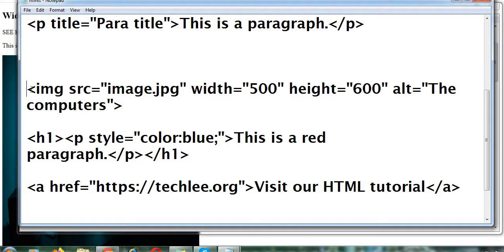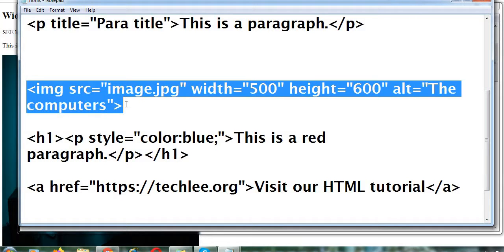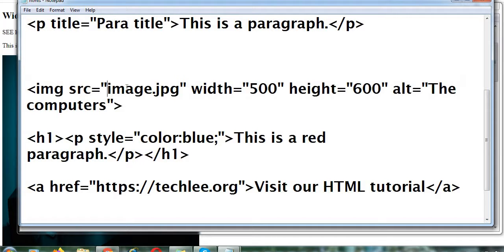Here is the code which I included for the image, that is the img tag. After that here you can see src is equal to image.jpg. Here you need to mention the path of the image, including the name. If it is in some folder, then you need to specify the path for that folder, and after that include the name of the image. Right now I am using the same folder.